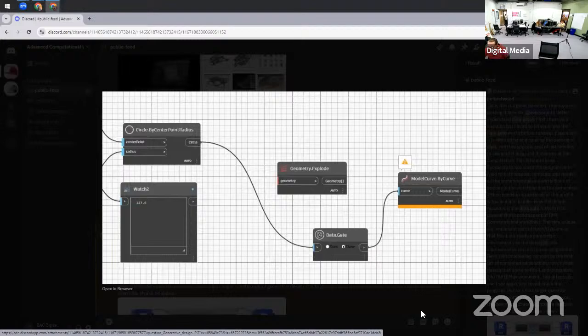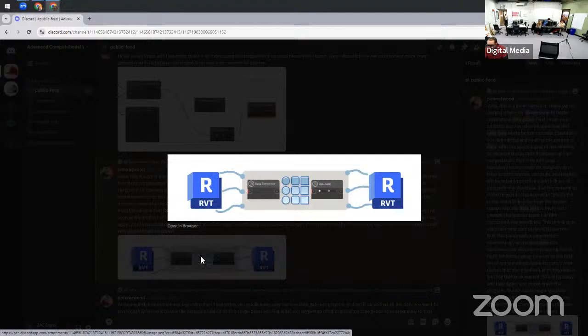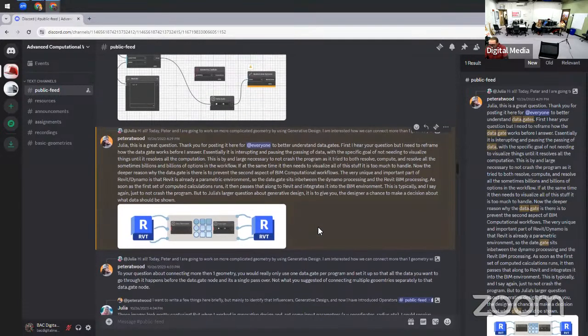Now, in Dynamo, and we see this connection to Revit, the data gate, remember, is specifically a part of the program that stops the information from calculating. And what that does is it's used in generative design in Revit and Dynamo.